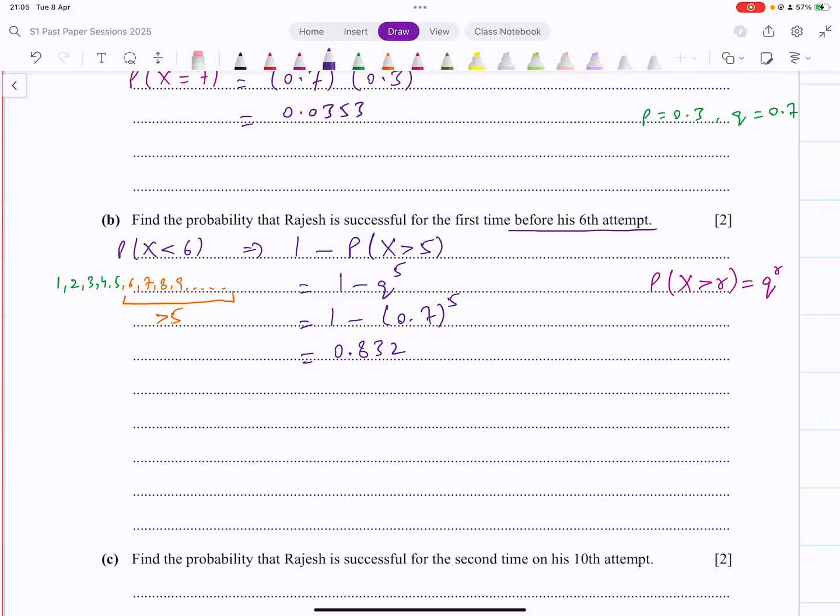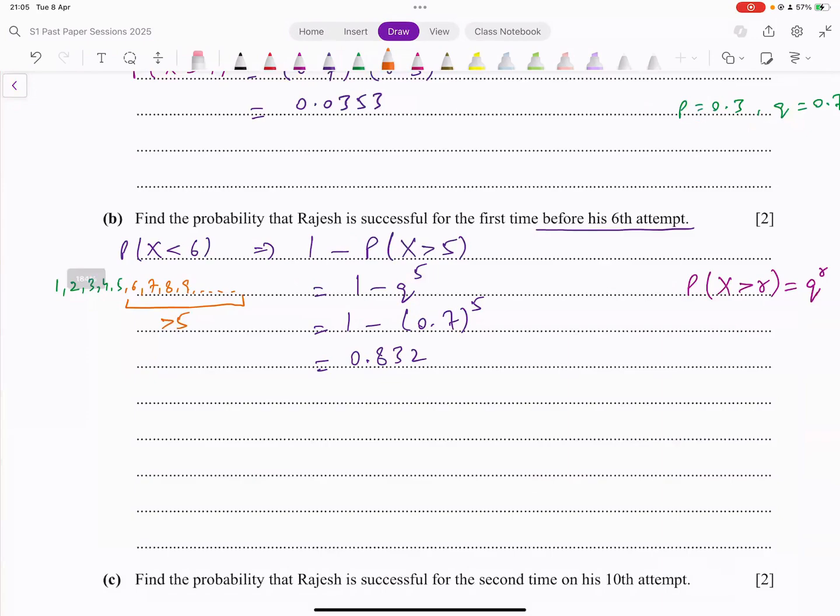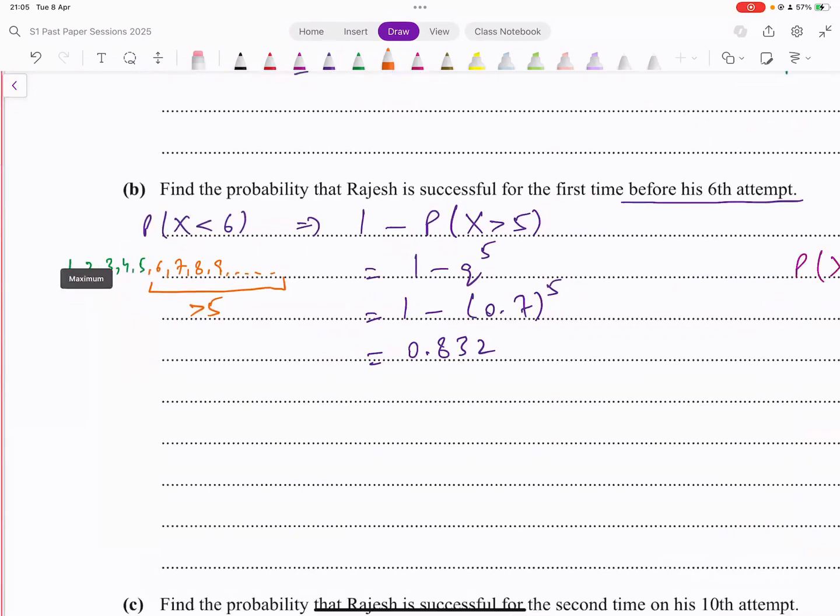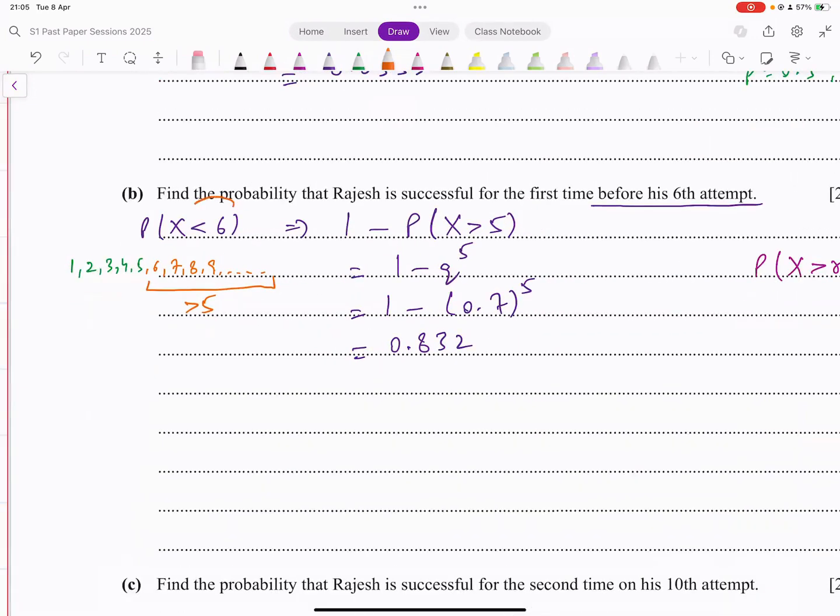Assalamualaikum, sir. Wouldn't it be greater than or equal to? Greater than or equal to? So yeah, less than 6 means we want the numbers 1, 2, 3, 4, 5. Right? These are the numbers that we want. What are the numbers that we don't want? We don't want 6, 7, 8, 9, 10, all the way up to infinity. We want to describe these numbers from 6 onward. How do we describe them?